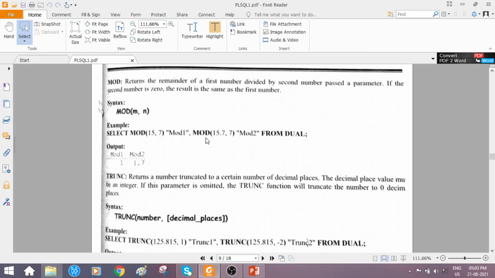One more mod is shown here along with the same select operation. Put a comma, then you can apply one more mod: mod(15.7, 7). So 7 twos are 14, the remainder is 1, and with the decimal it would be 1.7.